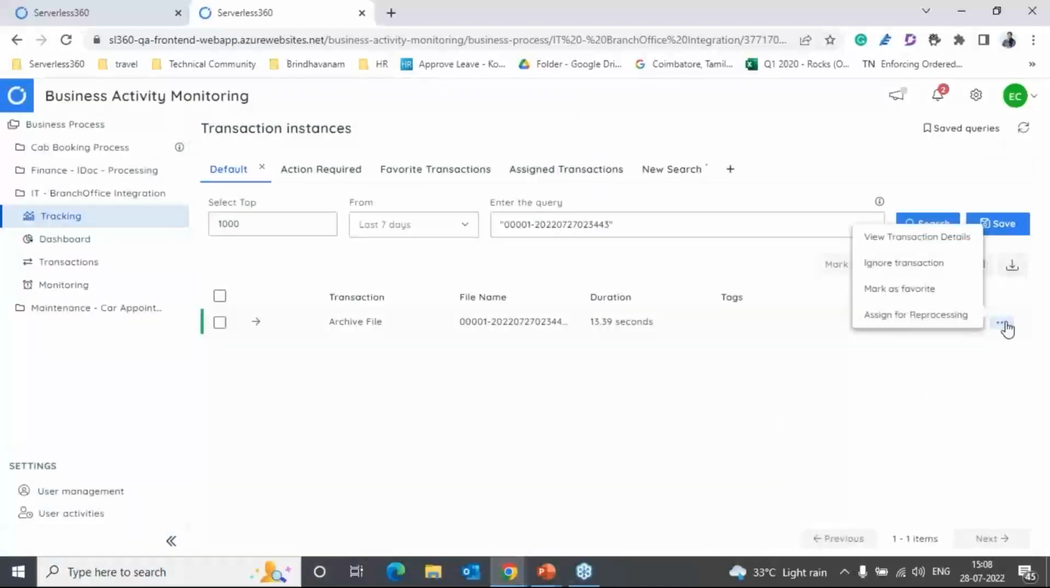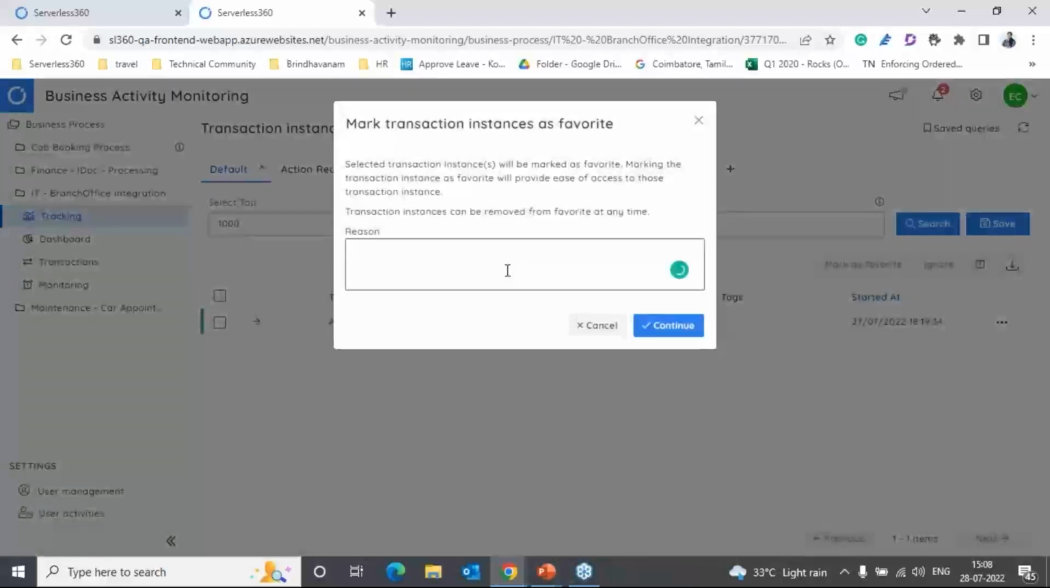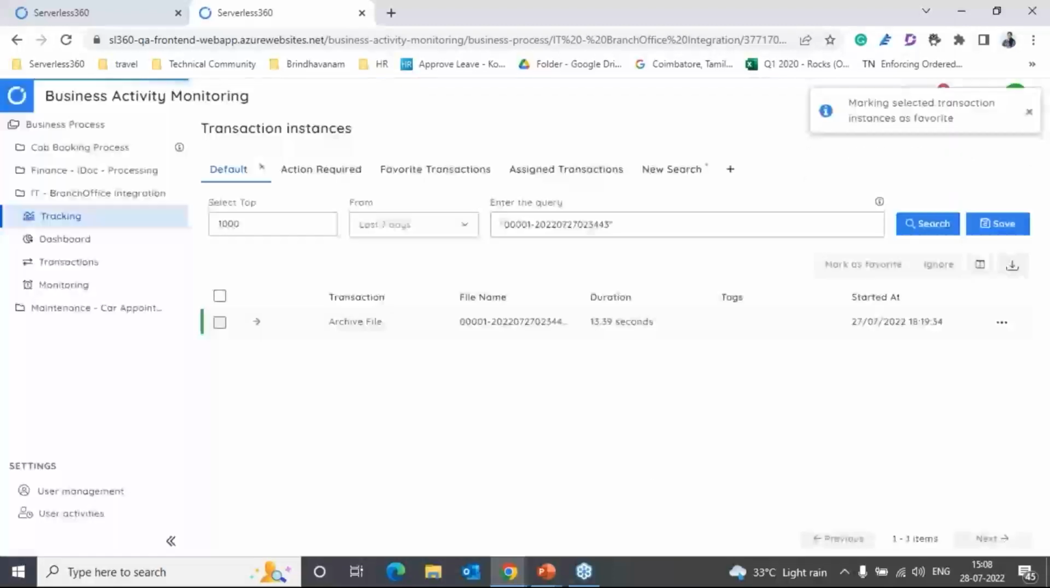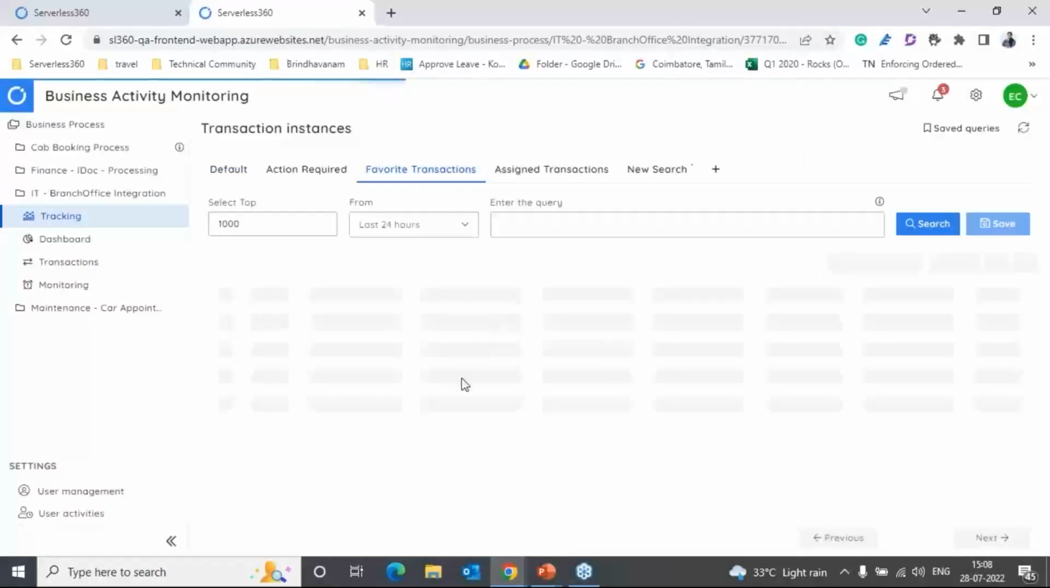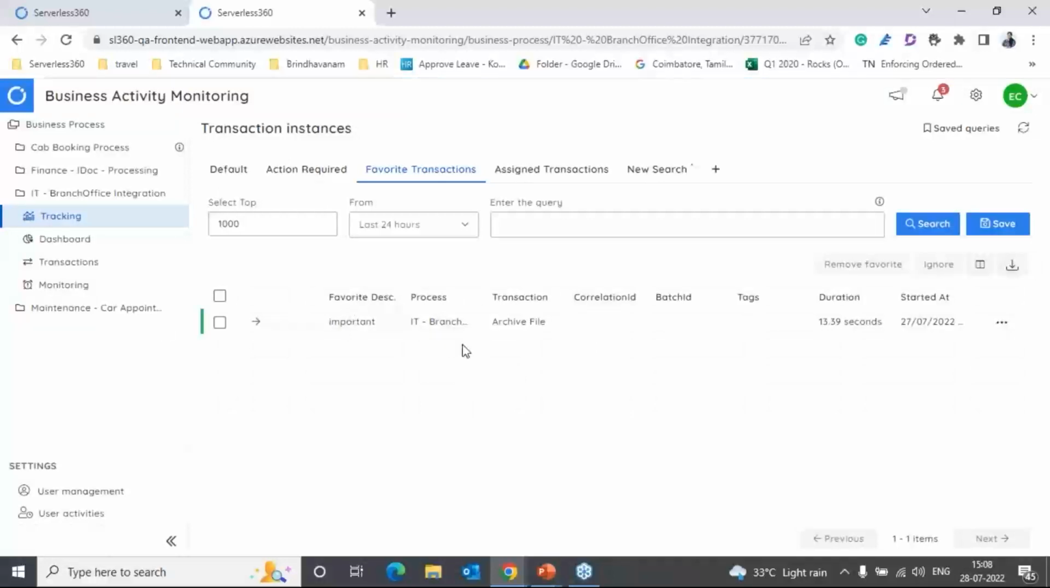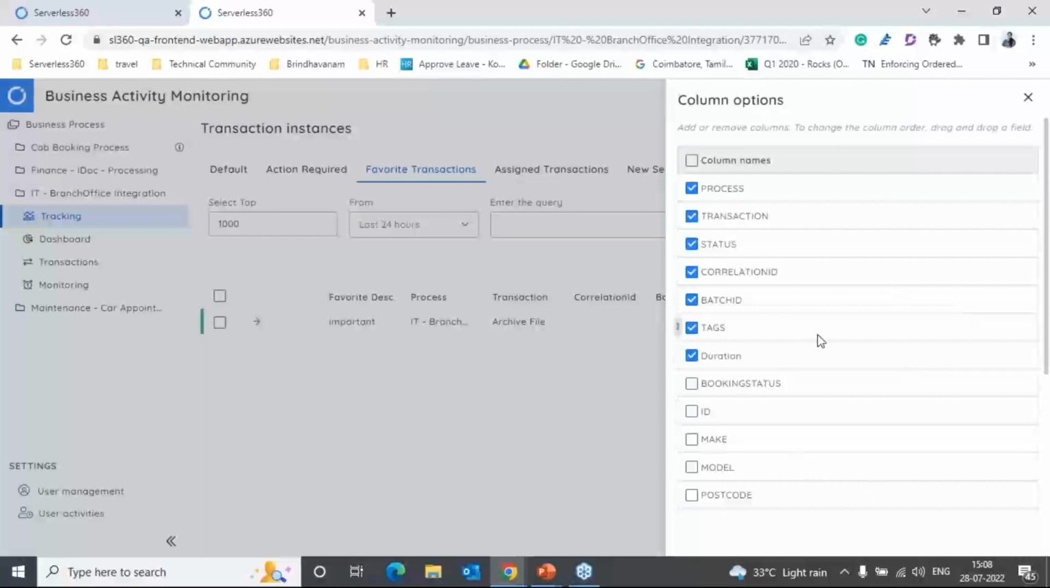And it is also possible for me to mark this specific transaction as a favorite. Say if this is something critical that I am working with, I can mark this transaction as a favorite along with a reason. Say I would like to say that this is an important transaction, tag this so that next time when I get in, I want to get quicker access to it. So I can choose to see that particular transaction under my favorite transactions list. And I also have an option to